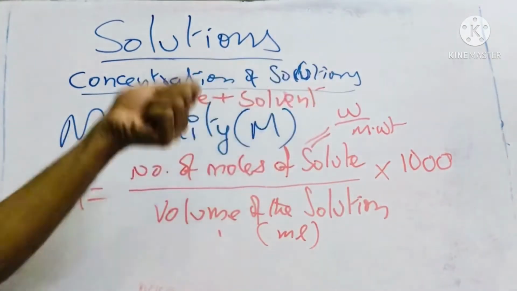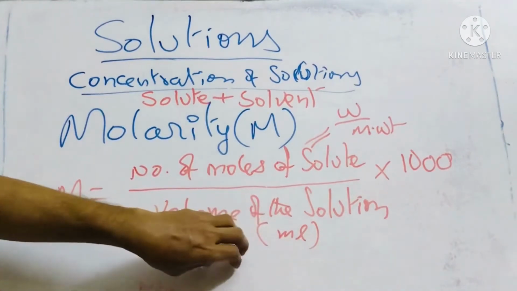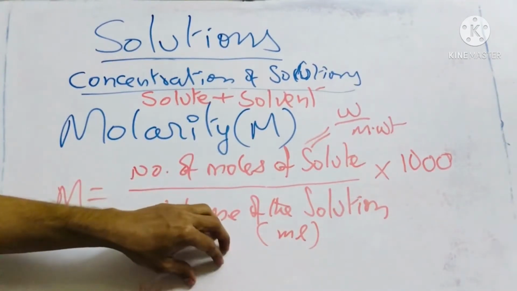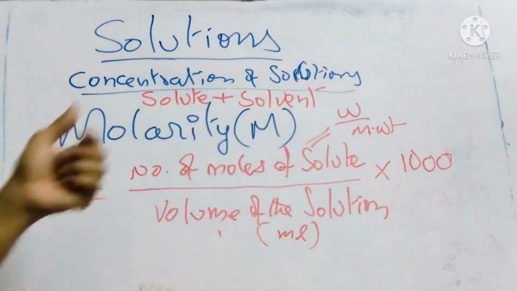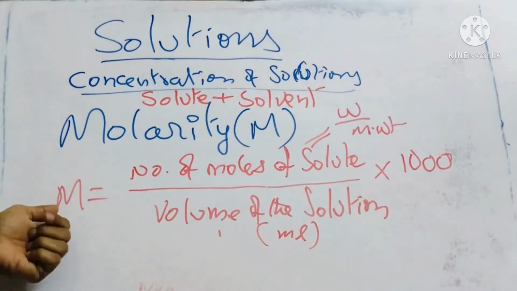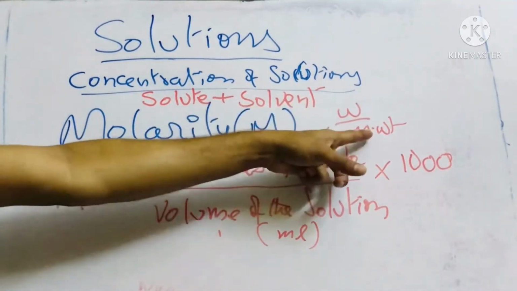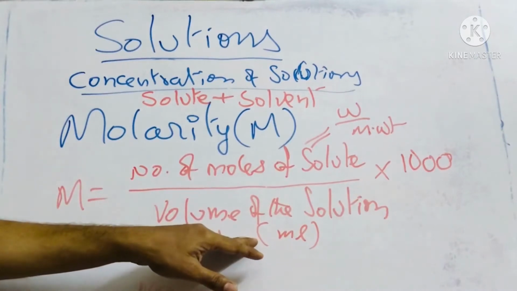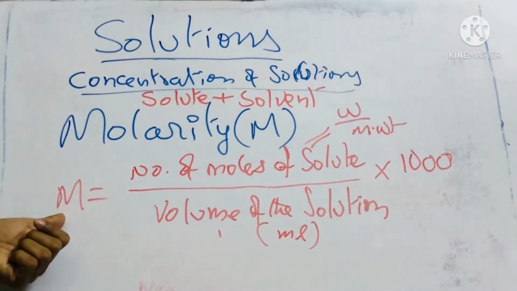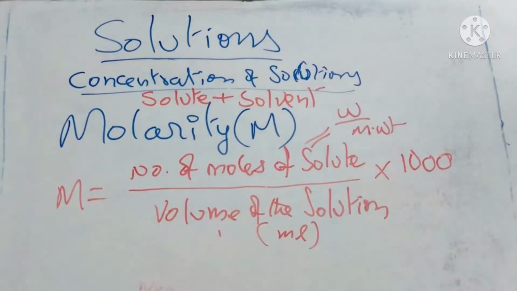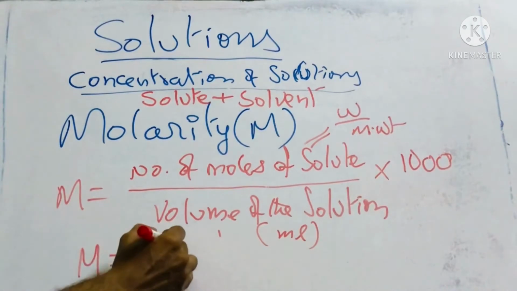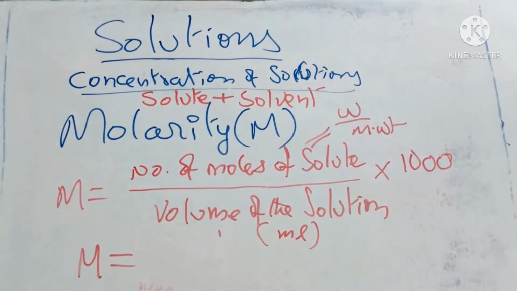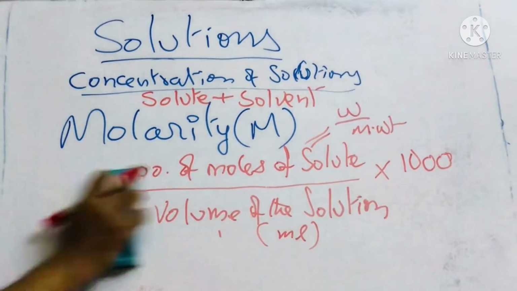And weight, how much quantity I have to take and mix in the given or required amount of solvent to make the total volume of the solution, that quantity will be decided based on your molarity. Based on your molarity, you can fix W, because molecular weight you know, the volume you want to prepare you know, how much molar solution you want to prepare you know, so the unknown value is just the weight. So that's why molarity is equivalent to weight by molecular weight. I think here we are not able to see, so I will just remove it and write here.